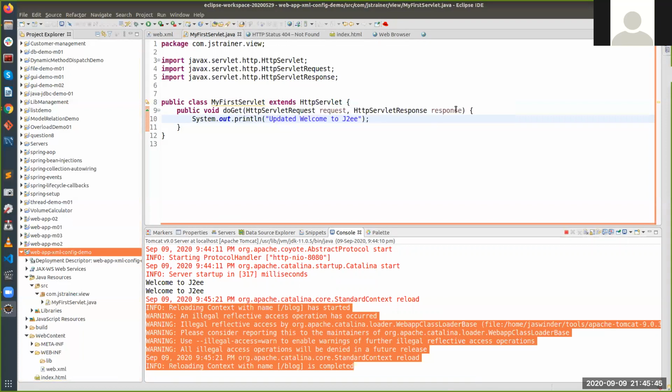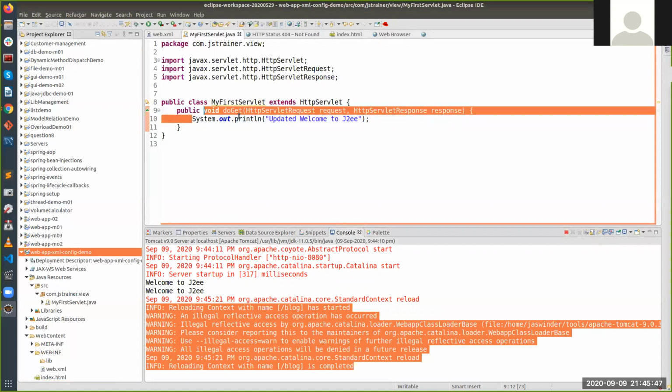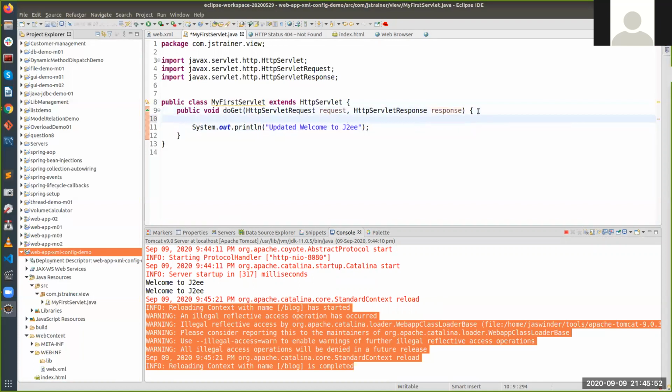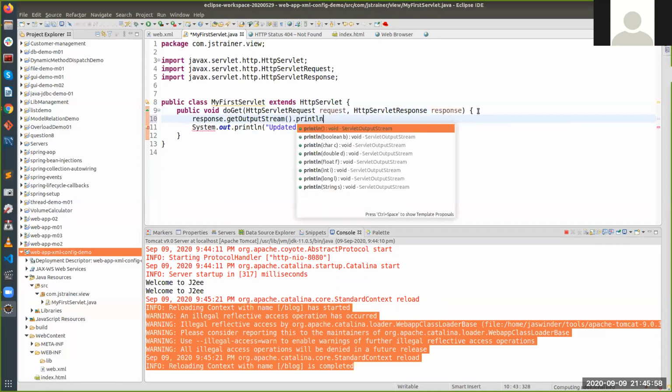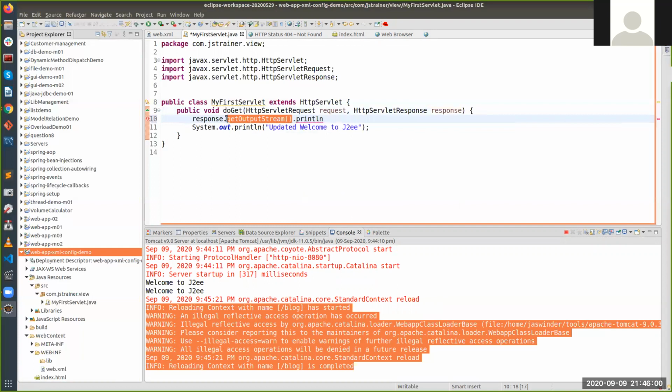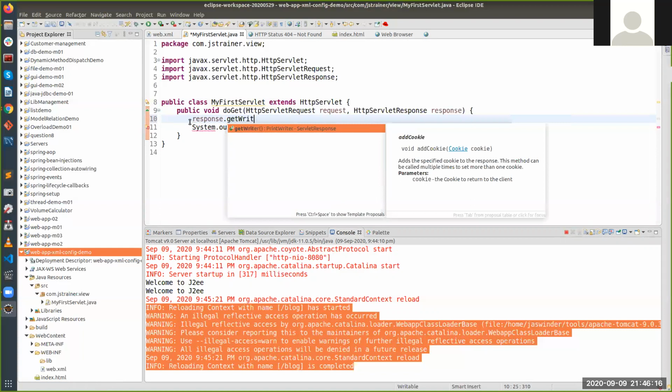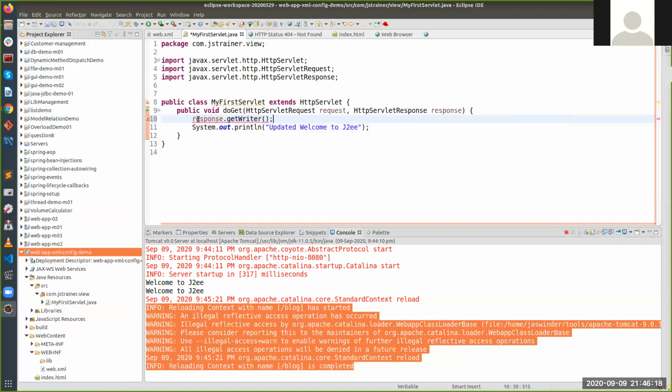Now I want to show this data to the client, like welcome to J2EE. So I will be using this response. Instead of writing a System.out.println, I have to write an out.println to the response. So I'll say response.out.println. Ignore this, it is not the right syntax. I'm just giving the logic. Instead of system, I have to send the data to the response. Now, how will the response get this data? You will invoke a writer from the response, and it returns a PrintWriter.